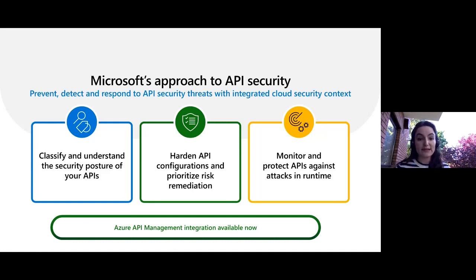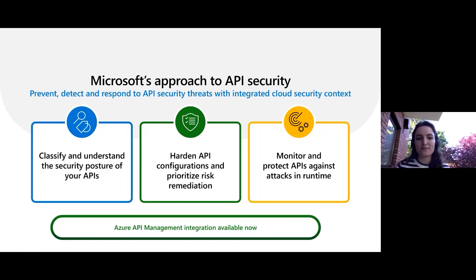So the capabilities are, first, classifying and understanding the security posture of your APIs. And what that means is that the very first thing, and often when I talk to customers about this, if we're talking to the security person, they don't know which APIs need to be protected. They don't know about the API side of the house. It's very important for the security person to be able to understand, to know which APIs are there, to classify them, to understand what's going on about them. That's a very first step to really making something secure, is knowing about it. And then once they know about it, what's the next step?